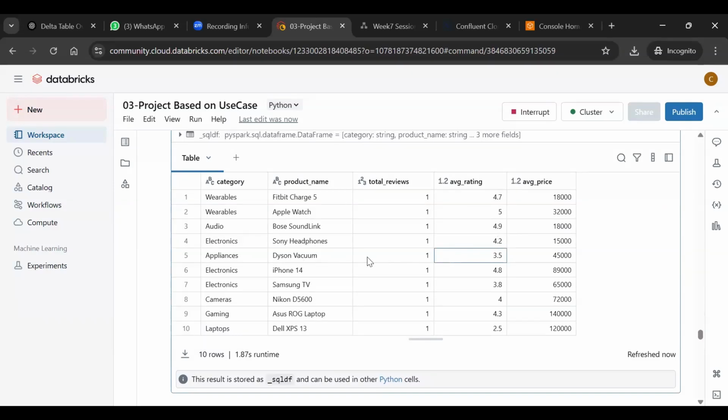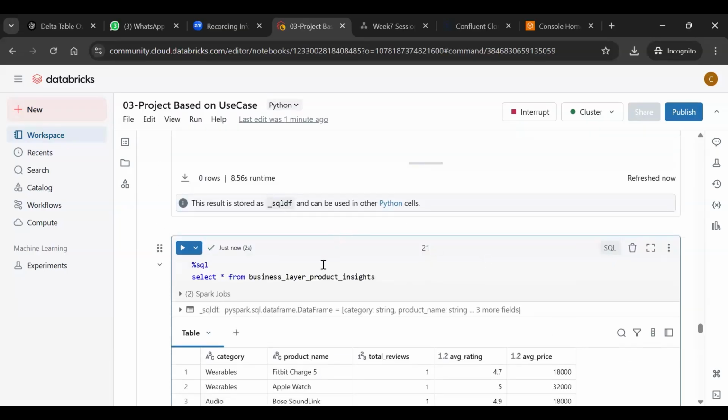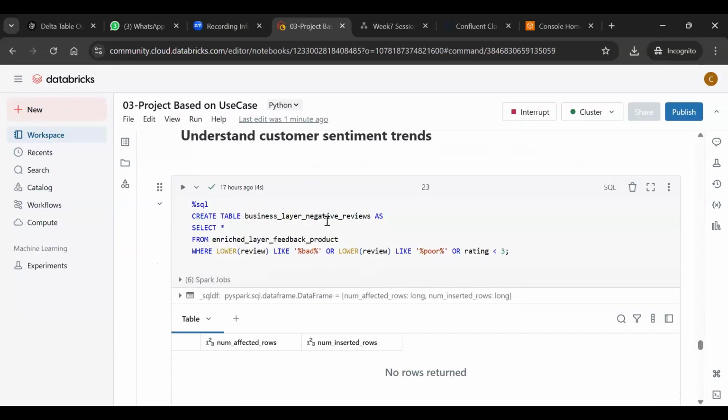So this is good. This could be one of the products where your business needs some more attention so that you can get more sales on that particular product, right? So this is what we are trying to do, generate insight out of this data. Let me also understand the customer sentiment. If I just query these things,